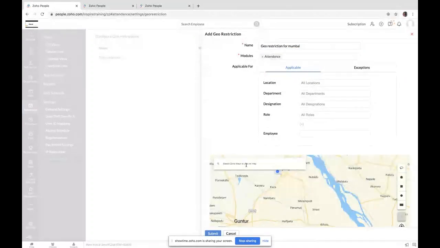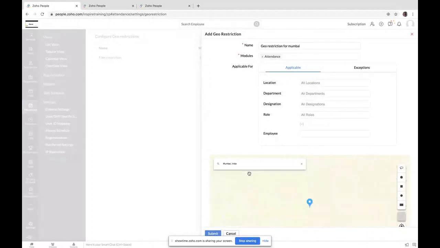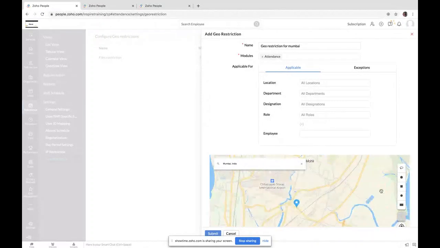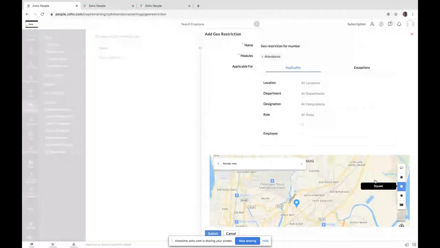So you can search for the particular location and you can have it saved.